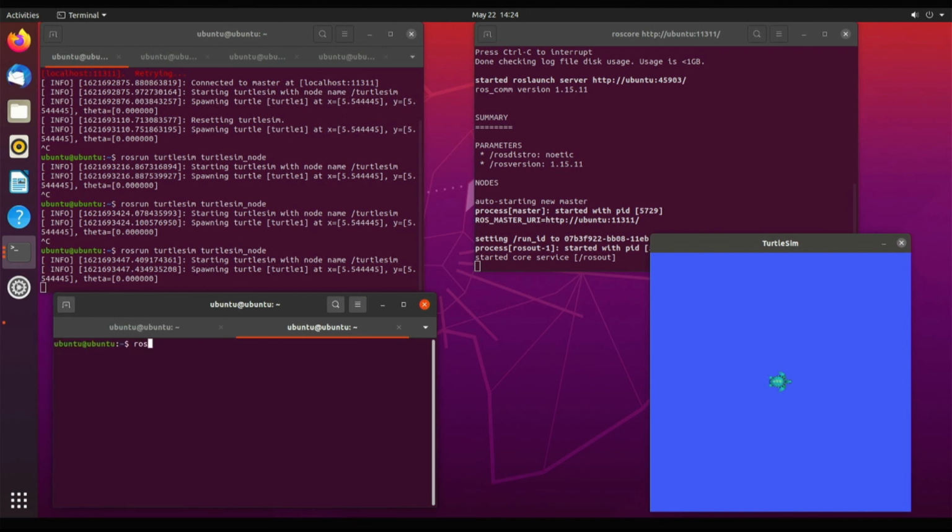Now run the following command: rosrun turtlesim turtle_teleop_key. Now the node is running. If you press any arrow keys on your keyboard, the turtle will move accordingly.